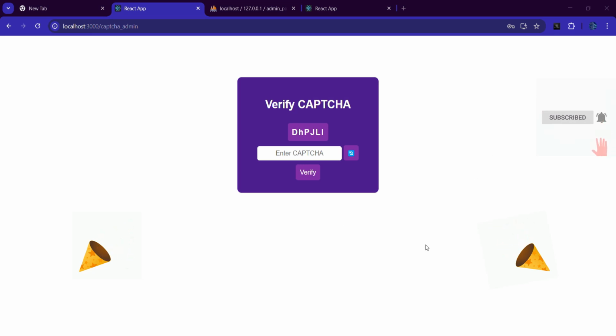Wow! Finally, we have reached the capture page, which means our user login API implementation was successful. Let's start implementing the LAN to dashboard API.